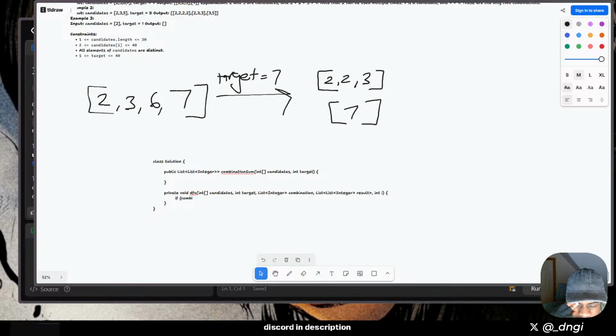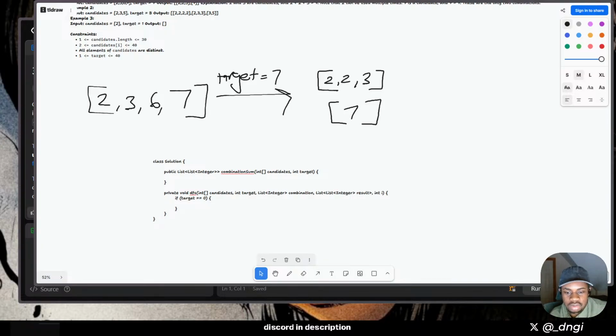Oh yeah, okay. I remember this from when I've done it before. Essentially what we want to say is if our target is equal to 0, because every time we backtrack, we just want to take away from target in this function at least. So we work our way back to 0. If we can get to 0, that means we found the right solution. Okay, so if our target is 0, then we want to